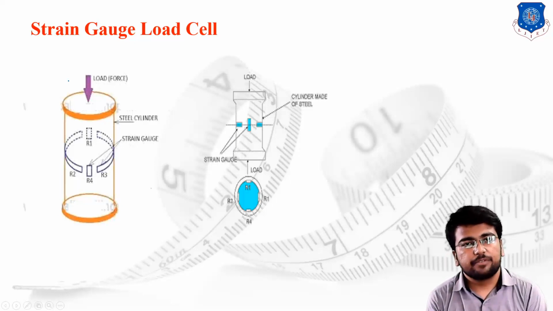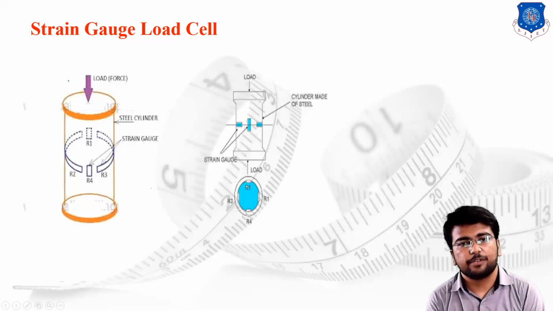So guys, here we are winding up our lecture. What we have discussed today, we started with the different load cells. First of all, we discussed a basic hydraulic load cell, then the pneumatic load cell, and at the end of the session we discussed the strain gauge load cell. Over here the topic of force measurement is over. From the next lecture we are going to discuss torque measurement.